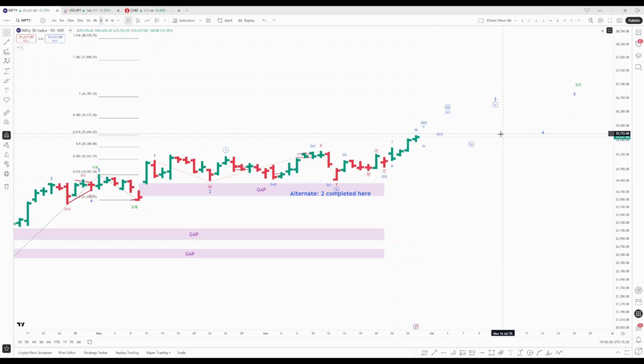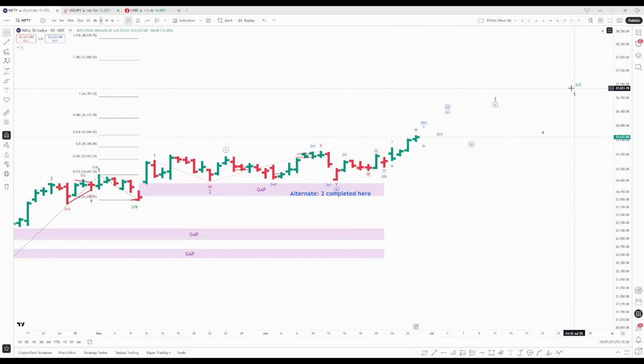So that's the big picture, and right now we are in this 3C, and within 3C we are in wave 3 of this 3C. Now there has been a lot of extensions within this, and this is a daily chart, and here itself you can see a lot of extensions. If I go to hourly, it's kind of become much more complex. So that's the reason I'm showing the bigger picture in daily chart first. So that's the big picture.